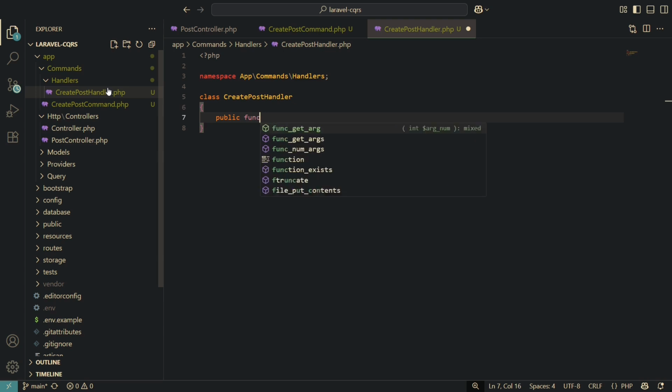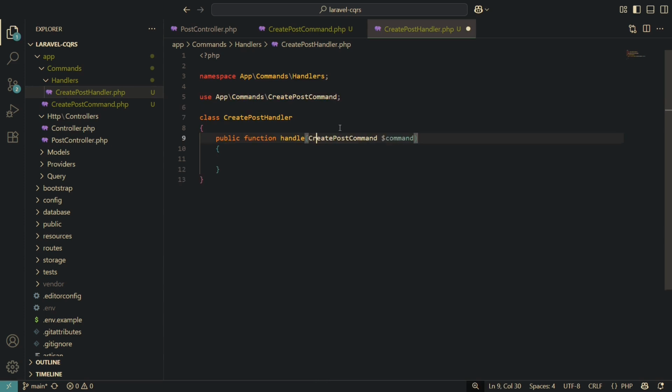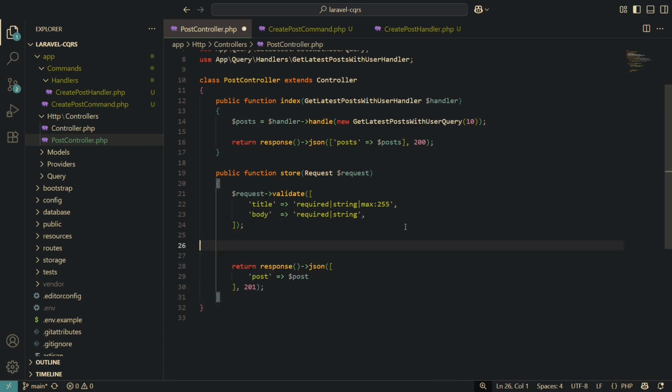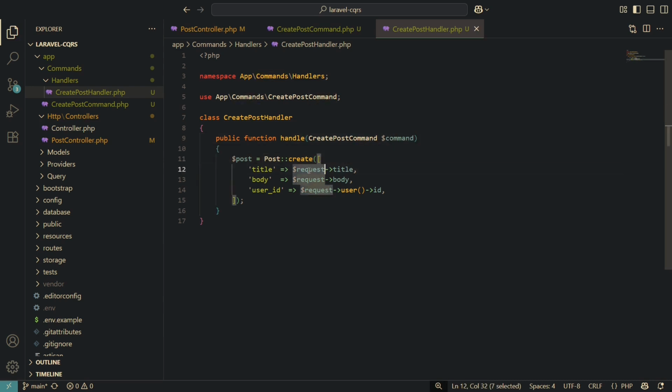Okay, so public function handle, it needs that command, CreatePostCommand like this. Nice. And let's go back to our PostController.php and let's take this one from here and let's paste it here. But instead of the request, I want to replace this with command. So command title, body, and then I want command